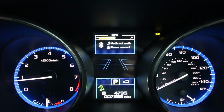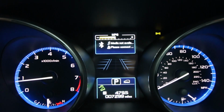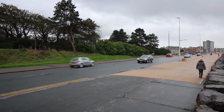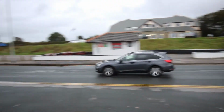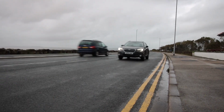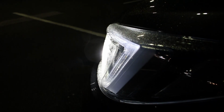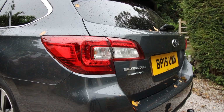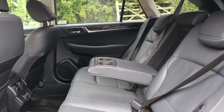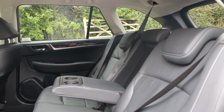Standard features include EyeSight, Subaru's driver assistance technology, rear cross traffic monitoring, blind spot detection, and high beam assist, to name but a few. It also comes with keyless entry, Apple CarPlay and Android Auto. The SE Premium also comes with a power sliding sunroof. There are also lots of accessories you can buy to keep your Outback looking its best. It's NCAP 5 and Euro 6 too. With fantastic safety features, a towing capacity of up to 2 tonnes, a 5-year warranty and a host of tech fitted as standard, the Subaru Outback may just